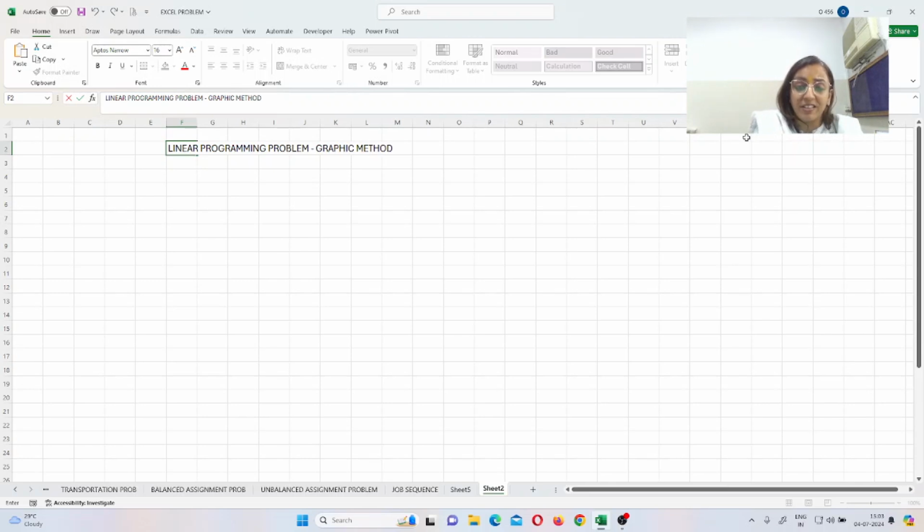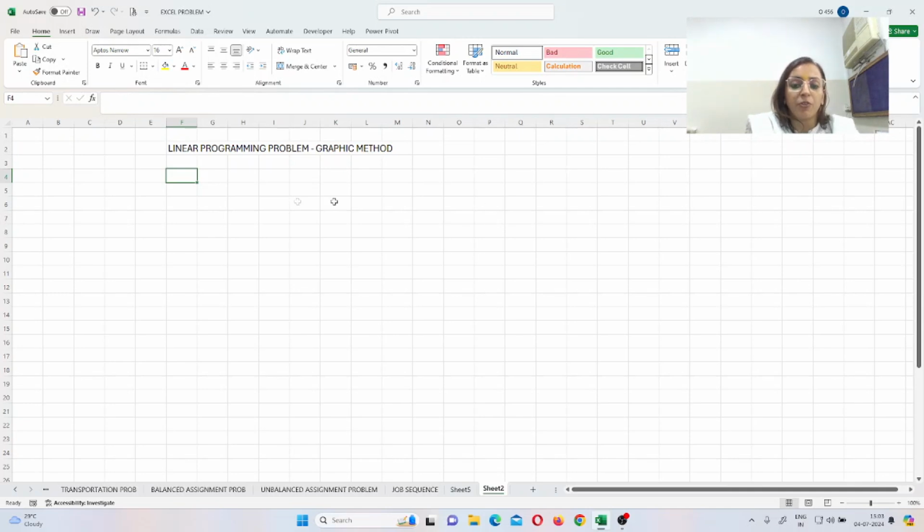But without making the graph by hand, we use the graph that is visualized here, not with a pen and paper. We start using Excel. Before starting, we have been given some information. So write down the minimum. Here we have given minimum z. That's my objective function. You can write it.